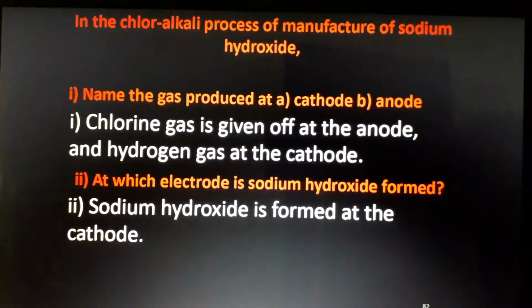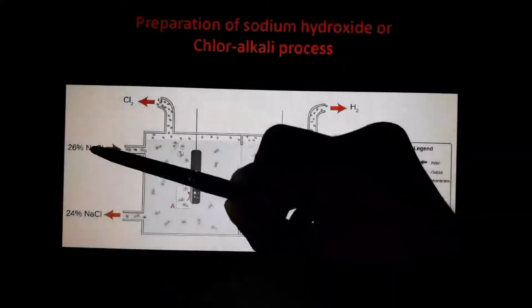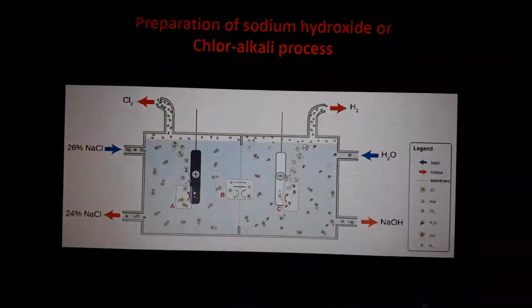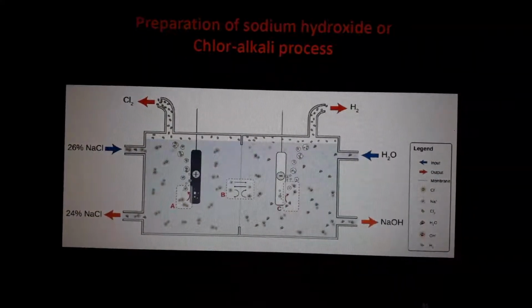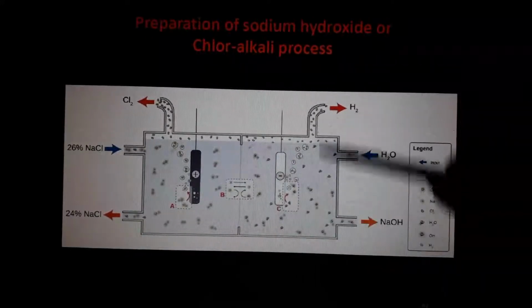See, in the chlor-alkali process, that process of manufacturing of sodium hydroxide is called the chlor-alkali process. See, sodium chloride, chlorine is there, that's why chlor. It is an alkali, isn't it? It is mixed in water. Okay? So why is it called chlor-alkali? We cannot say that sodium chloride is basic in nature. But we are getting this NaOH, which is a base. Okay? That's why it is called the chlor-alkali process. So, NaOH dissolved in water is called an alkali.